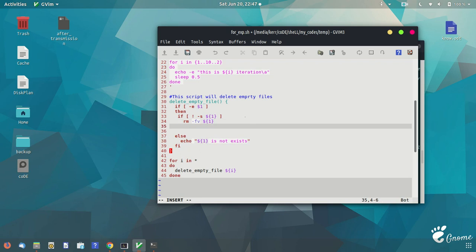Okay, now let's print a message that this file removed successfully. Okay, just taking a new line with the escape character.